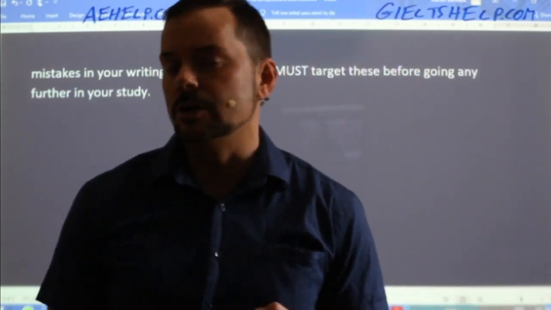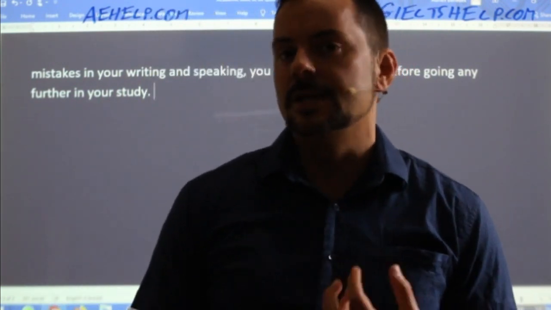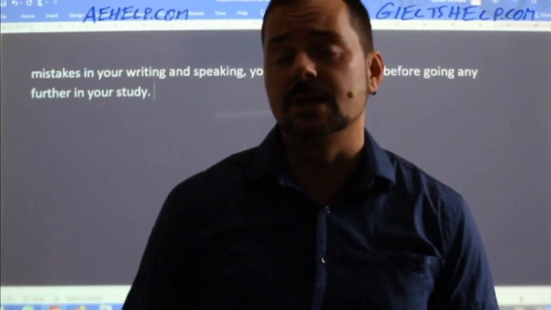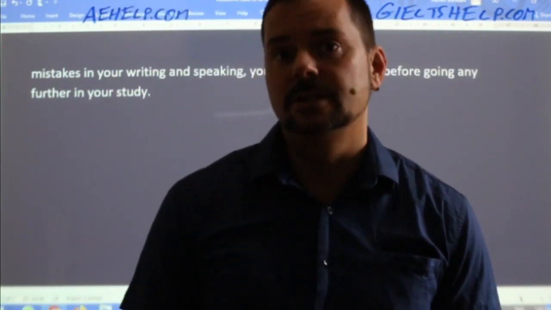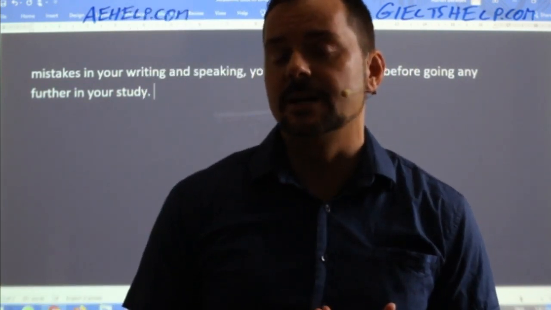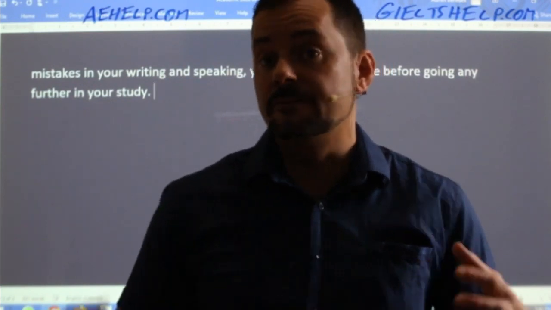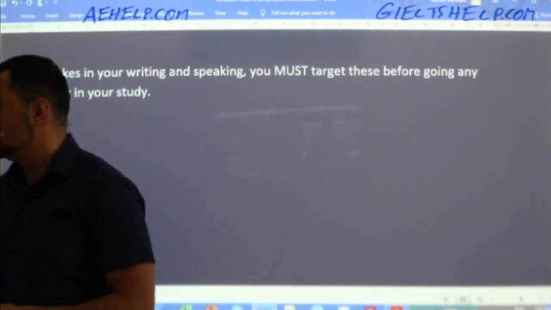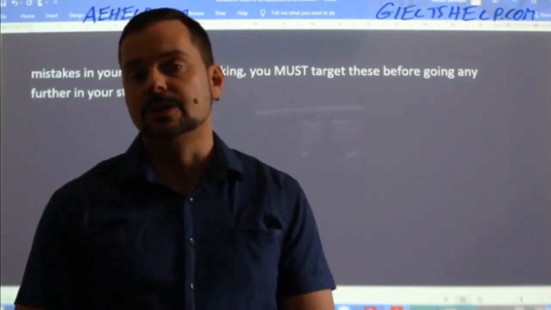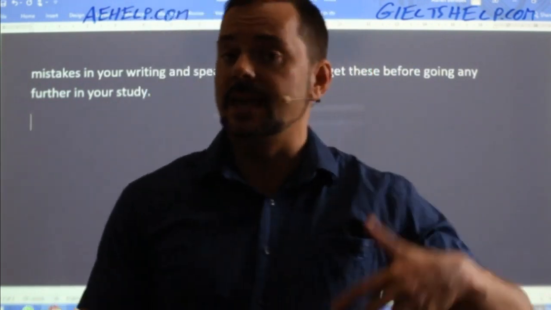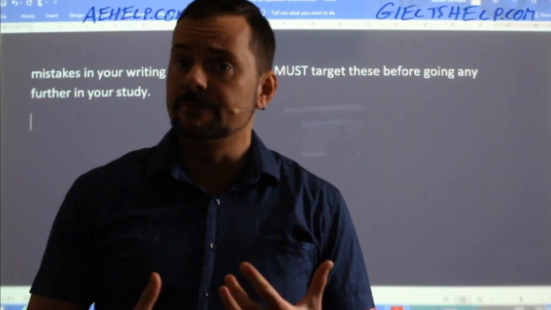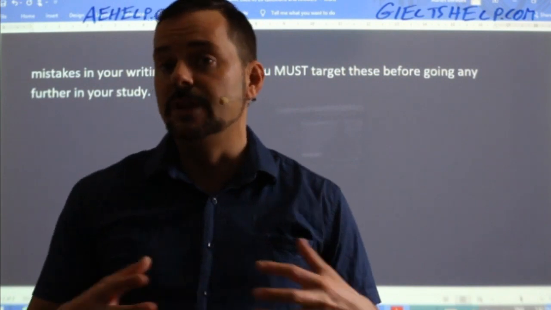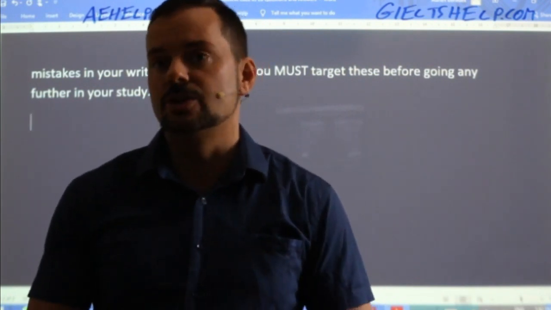Is it because I'm not using some kind of grammar correctly? Is it because I'm missing key words from my sentences? Or is it because I'm missing key ideas from my sentences that is difficult for the audience to fill in or to complete? Okay, that's why I keep telling you to think about your reader or your listener as an alien. Think about them as if they came from another planet. They're clever, they're smart, but they don't know the information that you know. So don't assume that they can fill in those blanks. Finish your sentences, finish your ideas, okay?